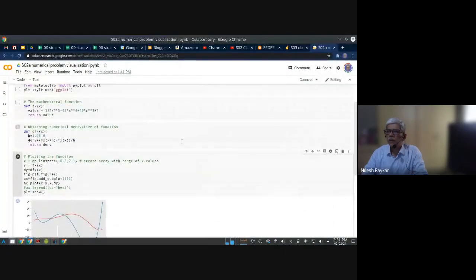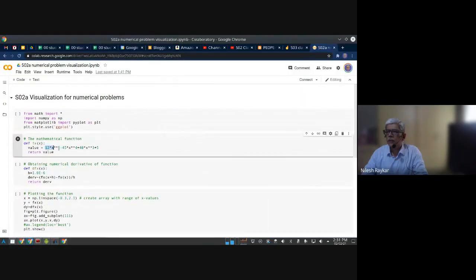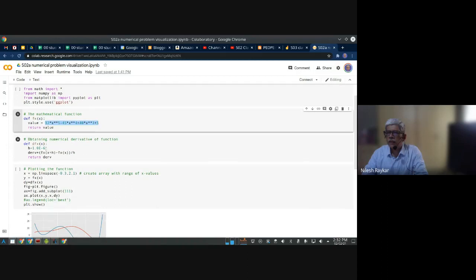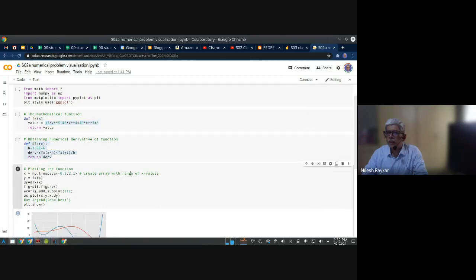Okay, so the function we are talking about is this one. So I just wrote one small Python script in order to check this particular function. I hope all of you are practicing Python programming to some extent. I did not review that, but this week's tutorial we will have some introduction to Python. Nevertheless, for this particular function we are discussing here, I just plotted the function and its derivative. So I calculated the function and this is its derivative, numerically calculated.